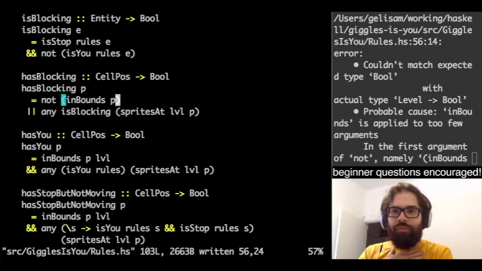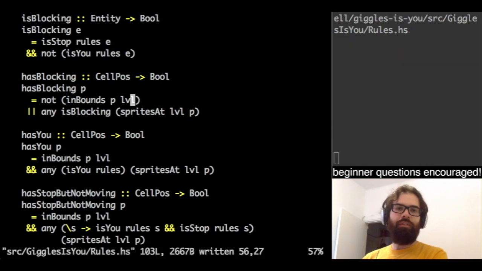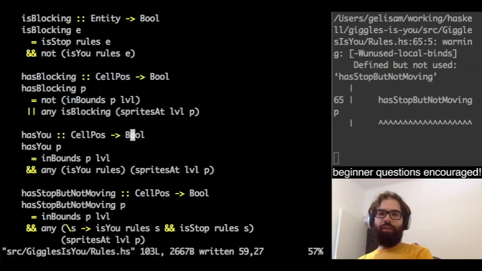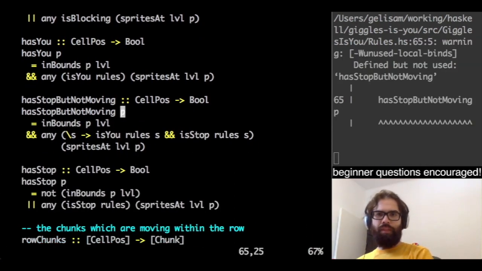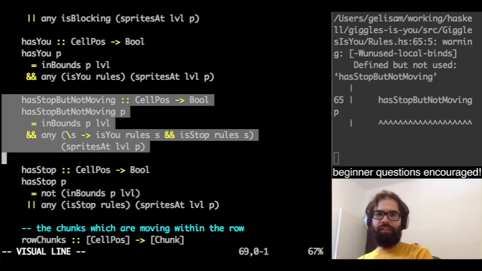It's not happy with this function. In bounds p in the level. There you go. Okay. And I think that is exactly what I was trying to express with this has stopped